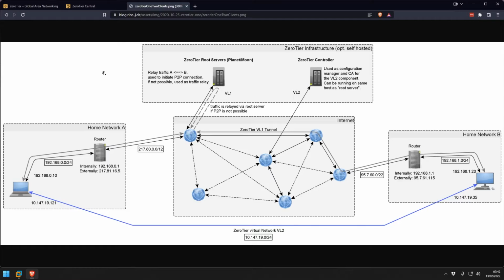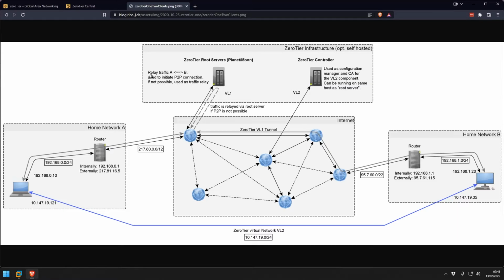So I will do that in a separate video, the self-hosted version one. I will run that up in Azure probably and show you how that works in comparison, right? So we got two clients here or two networks joined here in this case. So we have here home network B and home network A, right? And here we have the internet in between, obviously. And so how this usually should work is this can be peer-to-peer. It only goes through the root servers or through the